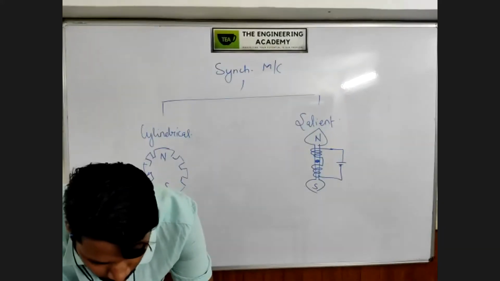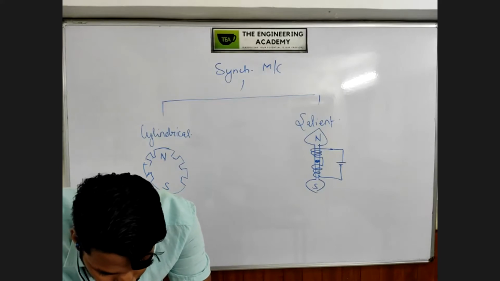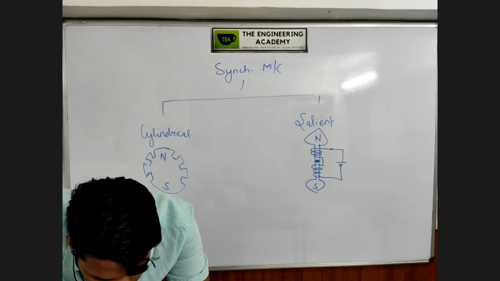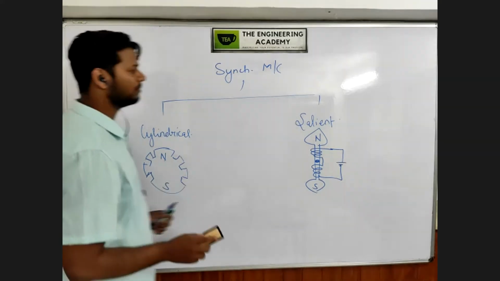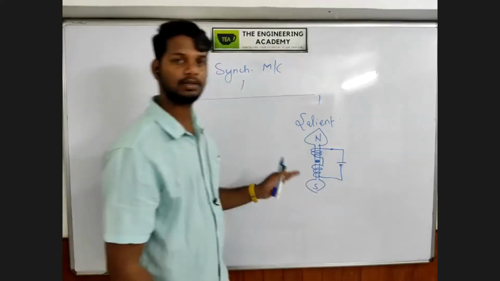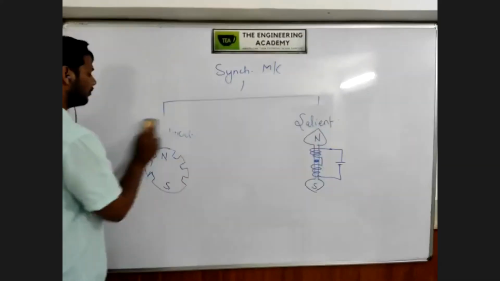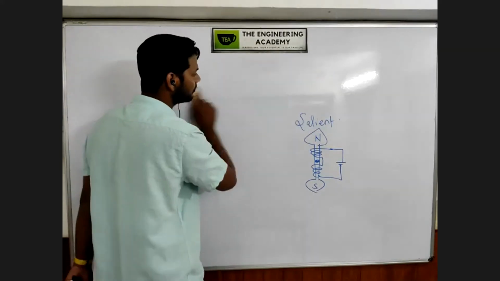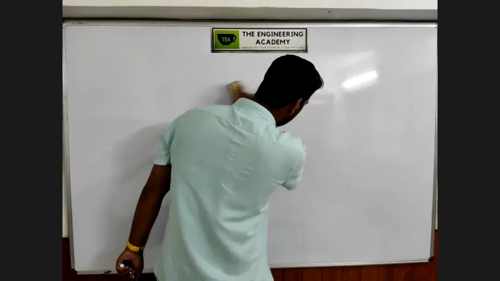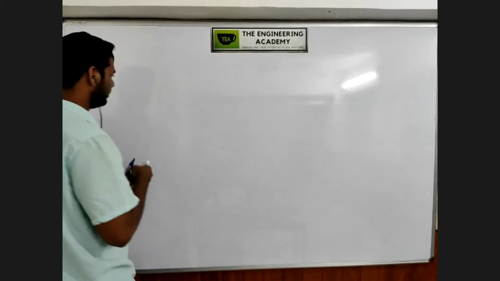Now we'll see some more formulas. Okay, now listen. I'm talking about the salient pole machine. There is a formula for induced EMF in a salient pole machine, which goes like E is equal to root of